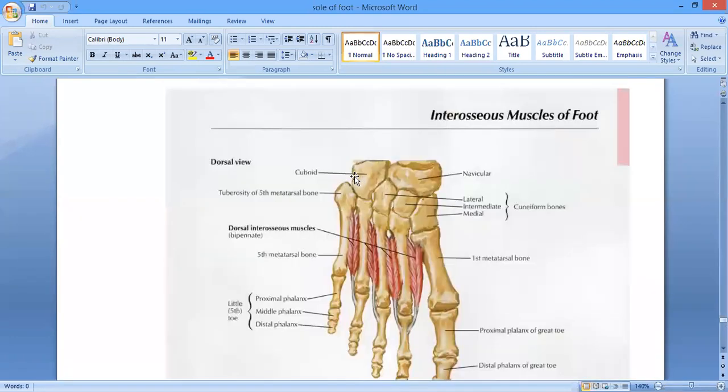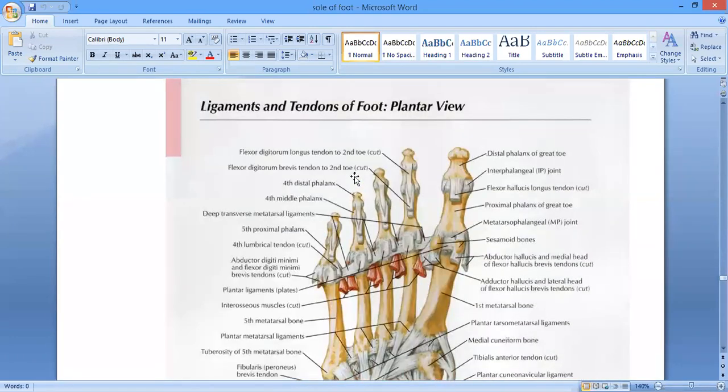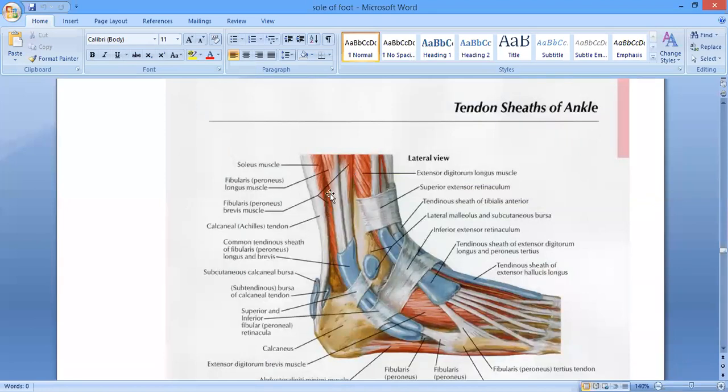Well, after coming from here, it leaves the lower part of the leg, lateral aspect of the leg, and enters the sole of the foot by passing behind the lateral malleolus. Here you can see it passes behind the lateral malleolus beneath the superior peroneal retinaculum, in which it is going to share the synovial sheath along with the peroneus brevis. And then it passes beneath the inferior peroneal retinaculum, right? Inferior peroneal retinaculum over here, ठीक है?